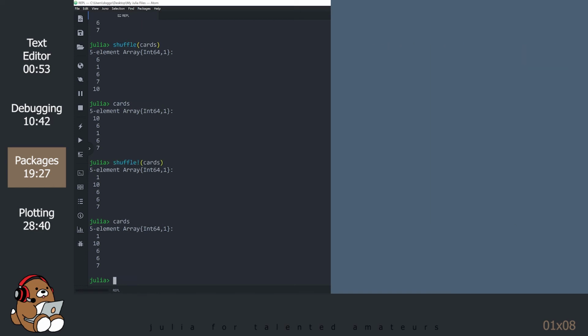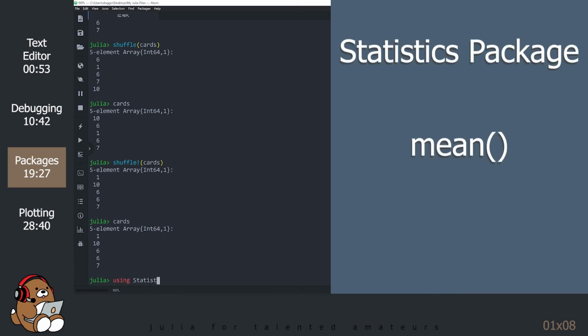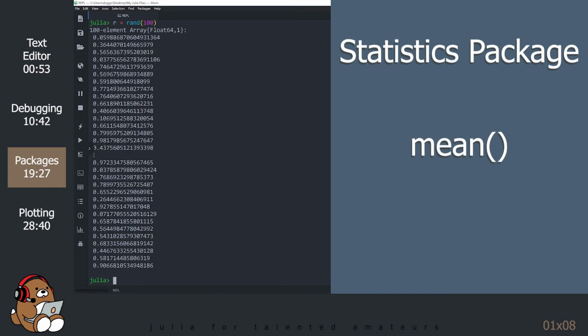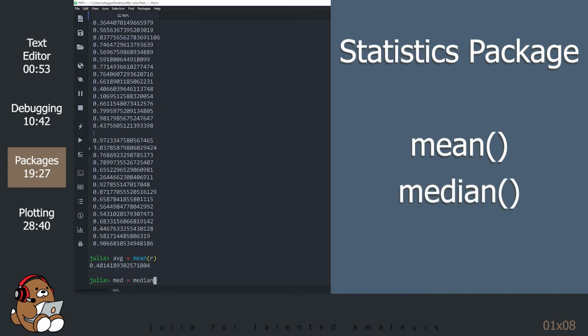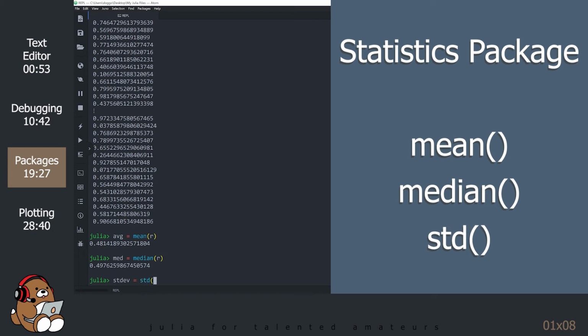In the past, we've calculated averages by taking the sum of a collection of numbers and dividing by the length of the collection. Why doesn't Julia have a built-in function for average? Well, it does. The function is called mean, and it's part of the Statistics package. We just saw median being used in the BenchmarkTools package. As a reminder, the median is the value right in the middle of a sorted collection of data. The standard deviation is a measure of how widely the data collection is spread out. Knowledge of statistics is not required for my tutorials, but these are some commonly used statistics functions that are good to know.